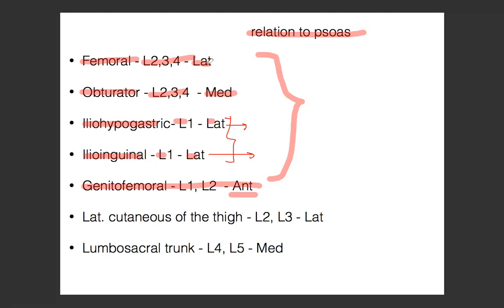يلا iliohypogastric, ilioinguinal are usually thinner than the femoral and the obturator. These are very big ones. So if you see a big one that's laterally, it's the femoral. Big one that's medially, it's the obturator. And one that's found right in front of the psoas, it's the genitofemoral one. Small ones that are lateral, iliohypogastric, or ilioinguinal. Then if you could pull it, pull it. If you can't, just look where it goes. Like if it's going towards the inguinal canal, it's ilioinguinal. If it's not going there, it's just going in the abdomen, it's iliohypogastric. تمام؟